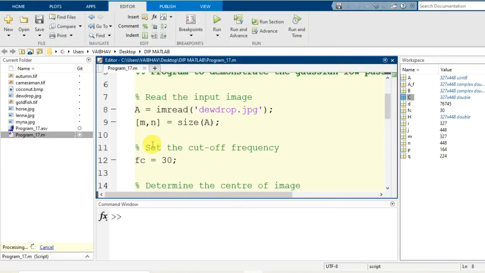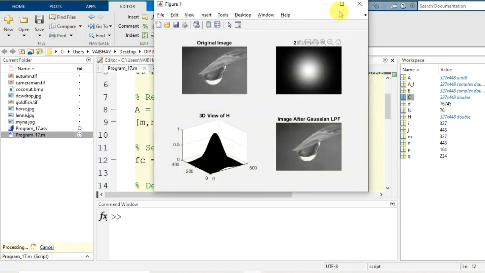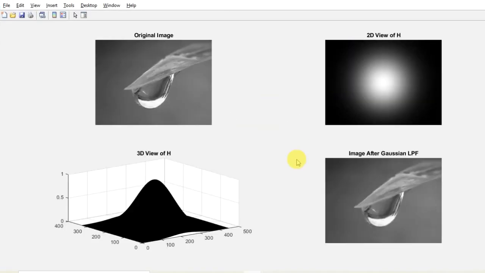If I raise the cutoff frequency to, let us say, 70, let us check the changes. As I have increased the cutoff frequency, a lot of things have been allowed to appear in the output image. That is why you find a better match of the output image with the original image. Basically the filtering is done to discard certain kinds of noise that have been added to the image information. In this demonstration I have just made use of the standard datasets available with me.